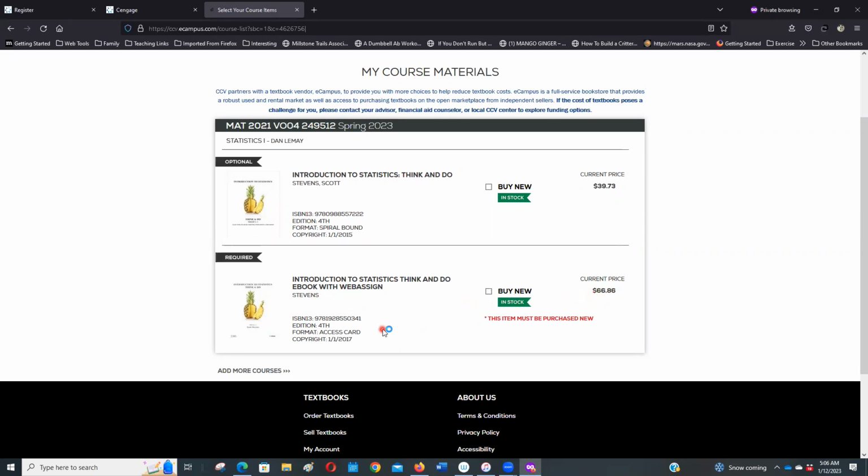There's an ebook with it. It works well. I'm a little old school. I like having a paper textbook too. And so you can buy this through them. And there's a way to buy it used. I don't know why they just have new. Maybe they couldn't get it new. But then they're charging you another $39.73. So it's a little pricey, but